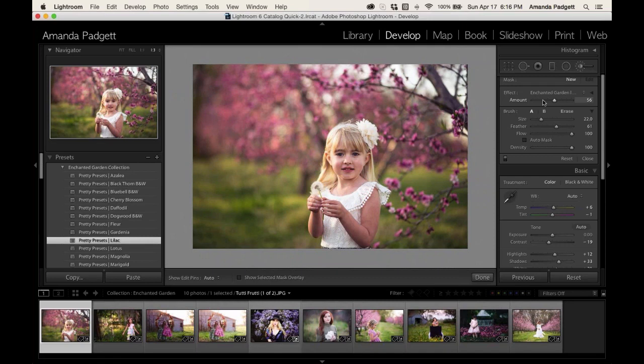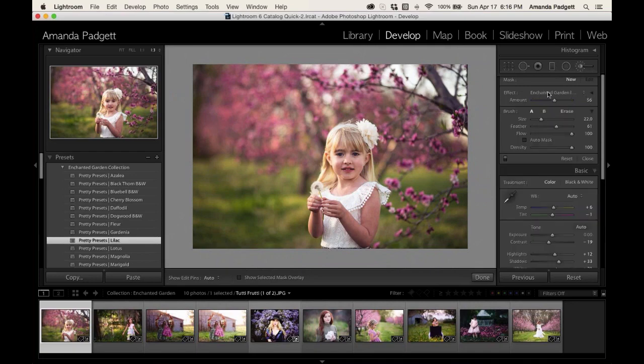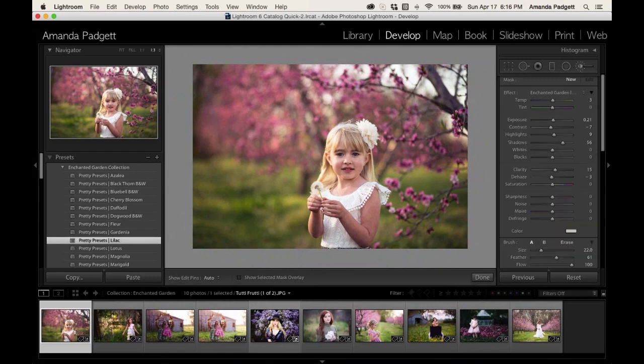So if you're not seeing all those options, you can click this black triangle and it's going to open up and you'll see all these lovely options you have here for effects that you can utilize. And you just click, and whether it's closed or open, it's still here. So we're going to click there. I just want to show you how you can open this up to get all of these fantastic